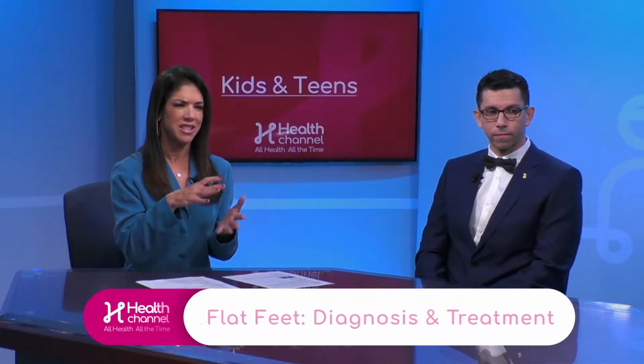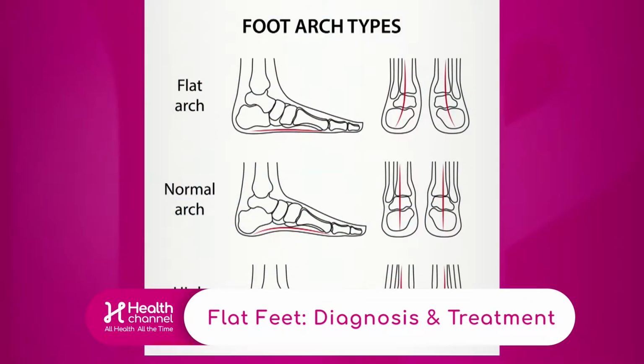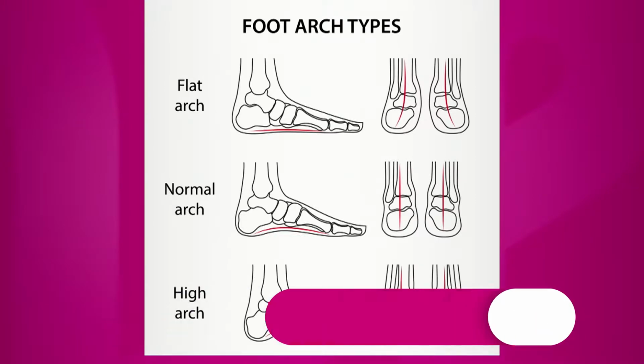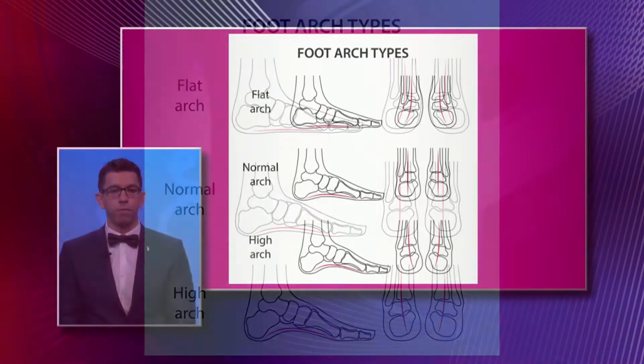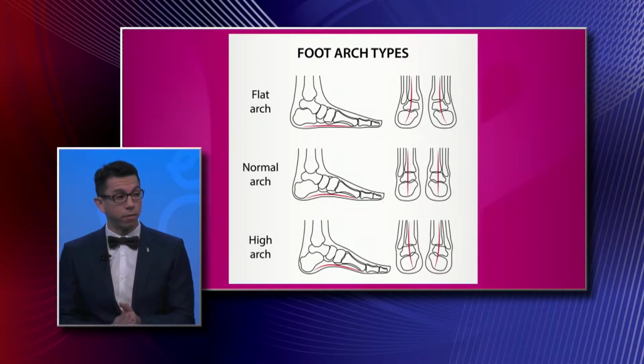Explain? I think we have a graphic to show our viewers, and it is somewhat uncomfortable. My husband has this, and he always tells me this is awful. So the foot can have an arch, and the arch is basically, when you're standing, the inside part of your foot that's got some space. You can put a finger, or, it's a small space,